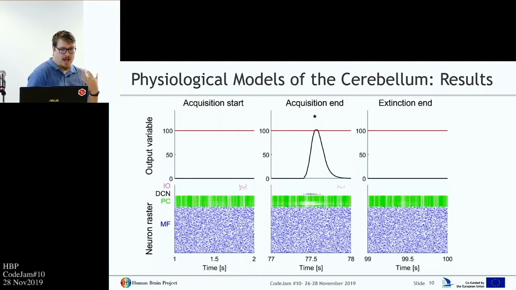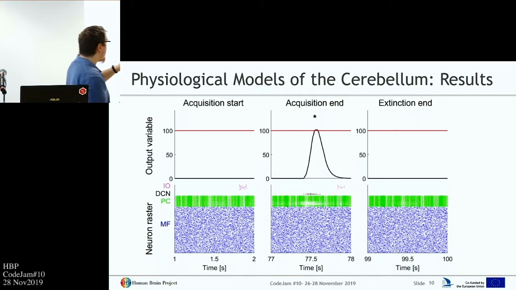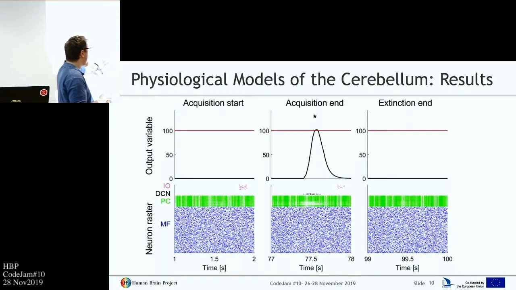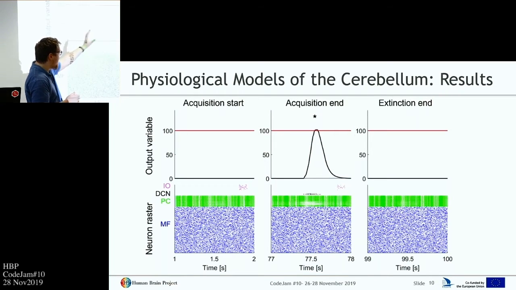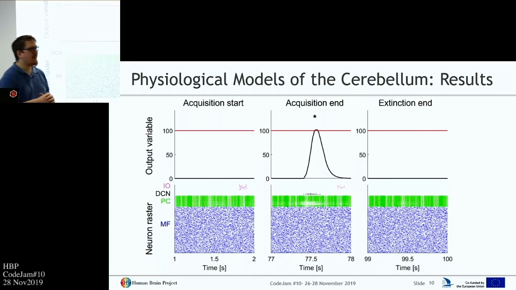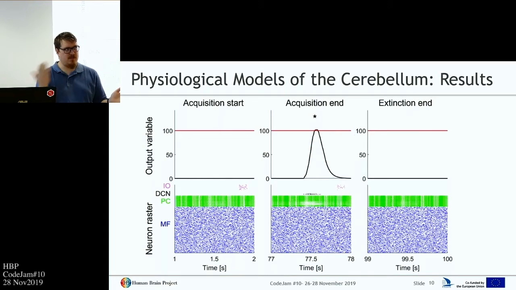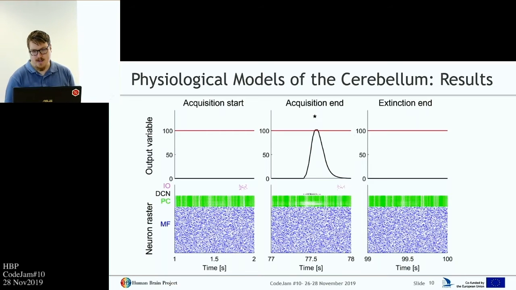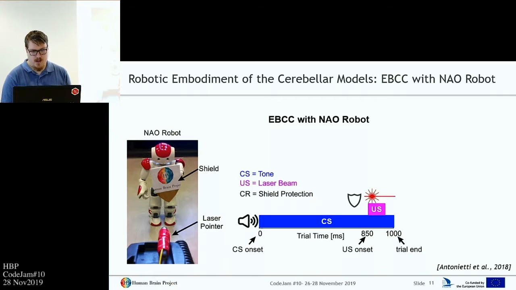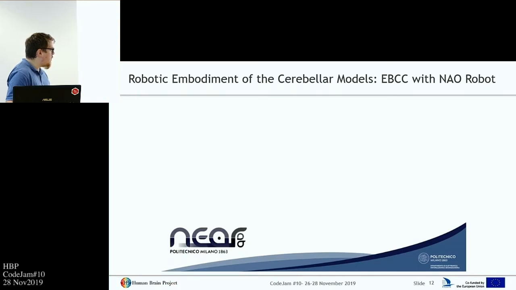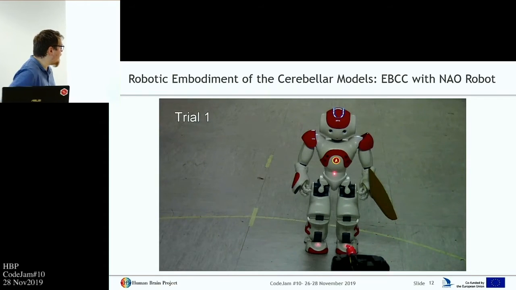And we have different phases. So in the acquisition, we want to acquire the timing, and we start from a naive condition where we don't have any response. Then we learn the response, and in the extinction phase, we just provide the first stimulus, but we don't provide the second one. And the network is able to unlearn and to go back to the previous state. We have implemented the same protocol with a robot, with a NAO robot. So we can see in this video that